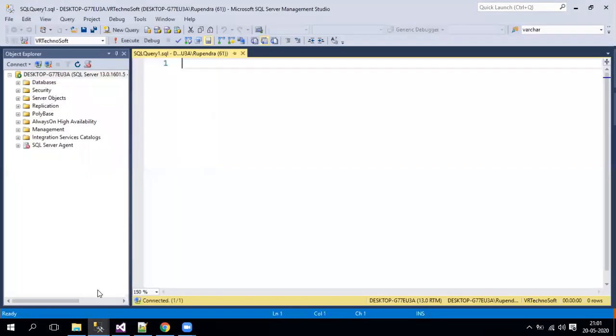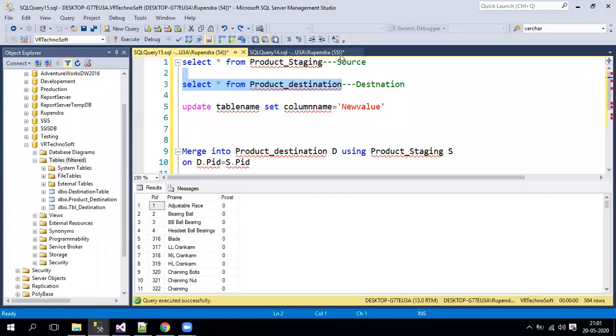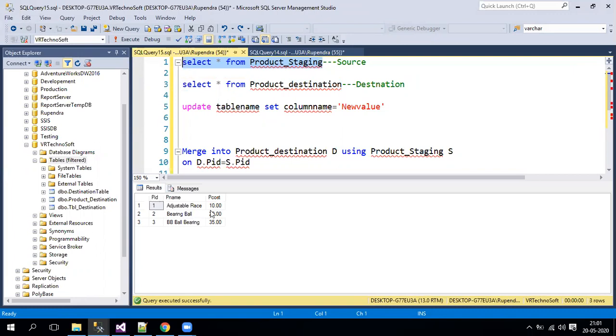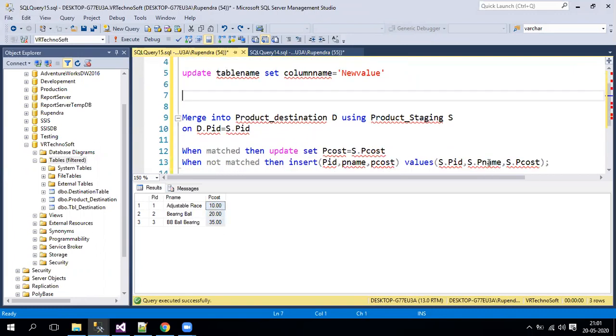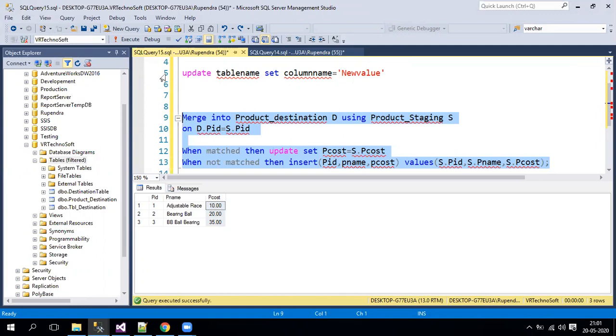Now you can see here, when you run your staging table, I have only three rows with the updated values. We can keep this merge statement in your SSIS package also to automate it. For the time being, I'm just showing it at the SQL Server level to understand it better.